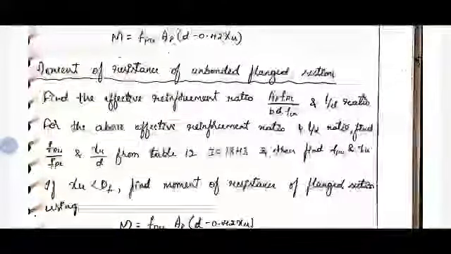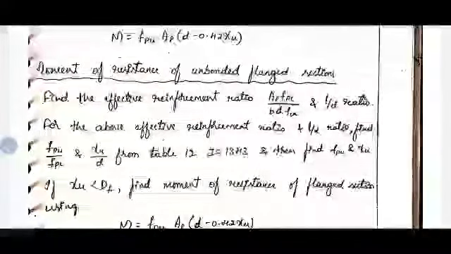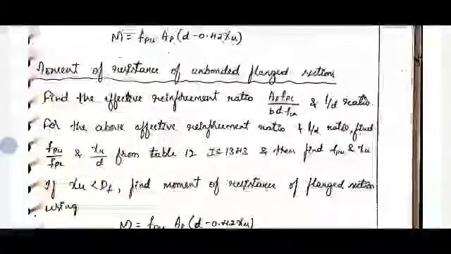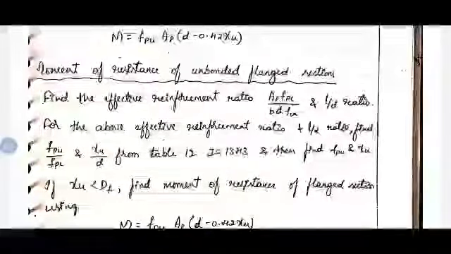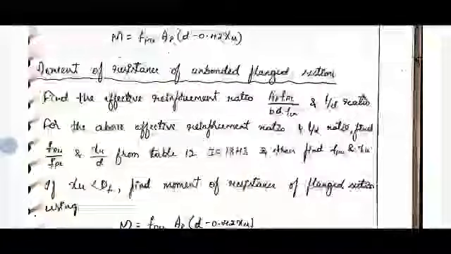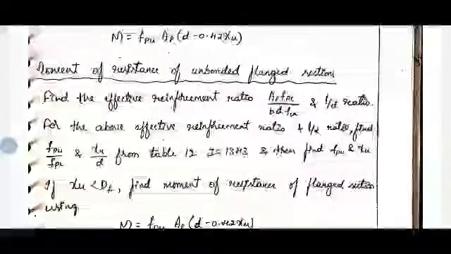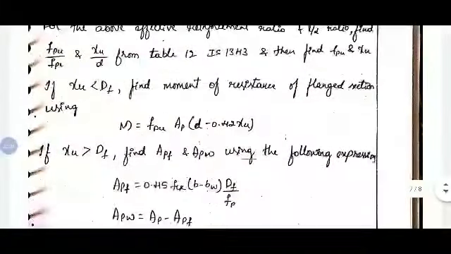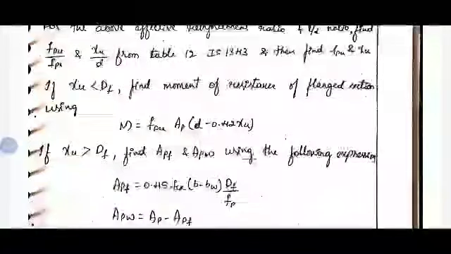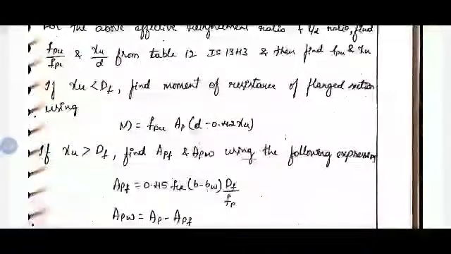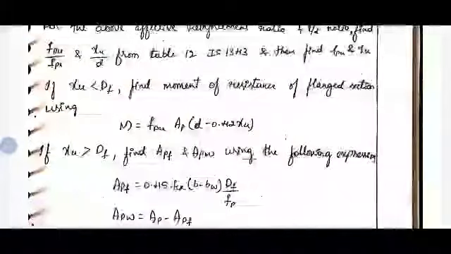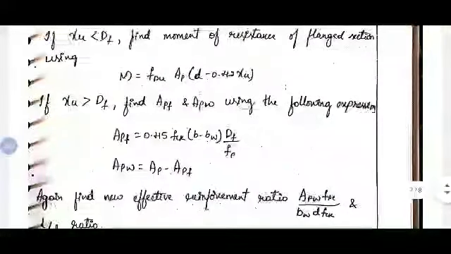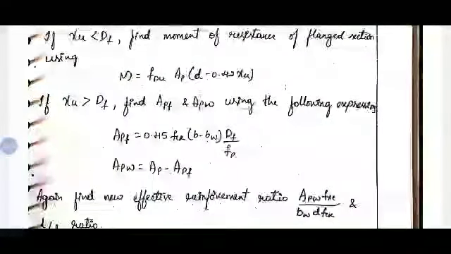If the section given is an unbonded flanged section, then first we need to check for depth. That is, first we need to find out the effective reinforcement ratio and L by D ratio. For the obtained effective reinforcement ratio and L by D ratio, we need to find out FPU and XU values. Then compare it with the depth of flange. If the XU lies in the flange, directly we go for moment of resistance. If the XU is greater than DF or the neutral axis lies in the web,